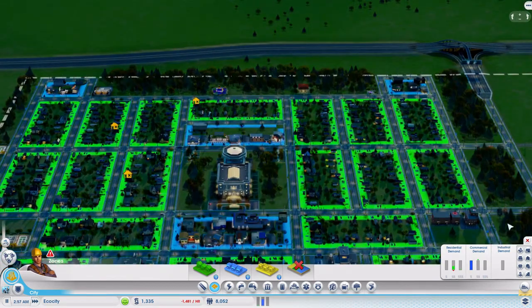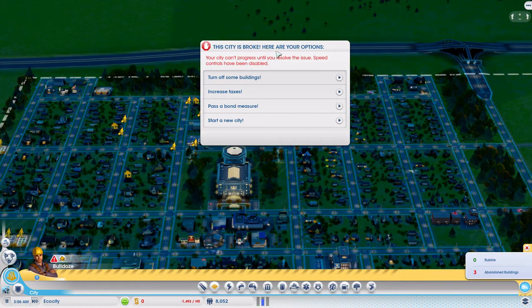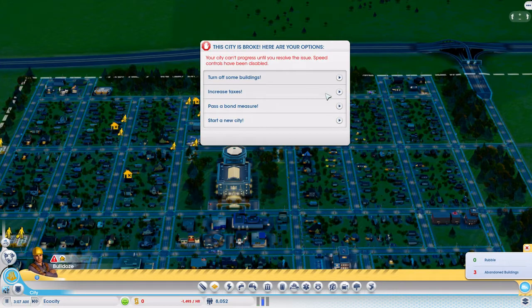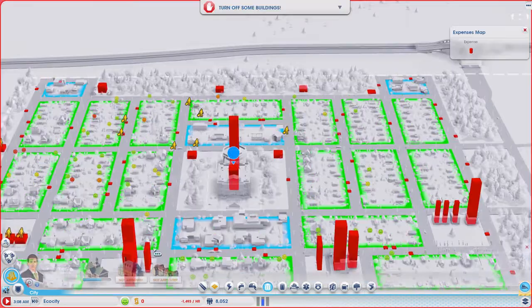Now, see, the problem we have with building... Right, okay, so the city is broke. Here are your options. Turn off some buildings, increase taxes, pass a bond measure, or start a new city. Start a new city, eh? That's like a get out of jail free card, that one. Increase taxes, turn off some buildings, pass a bond measure. We don't really want to... whoa. We're going to have to turn off the